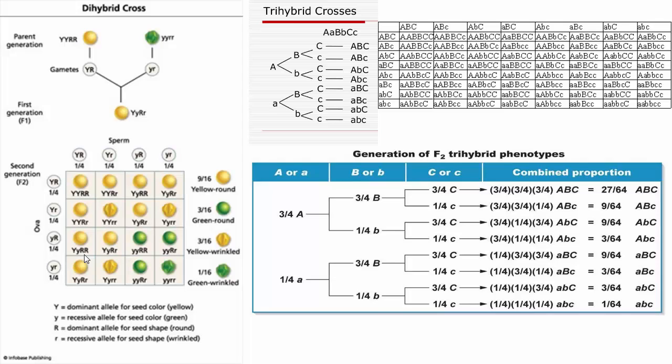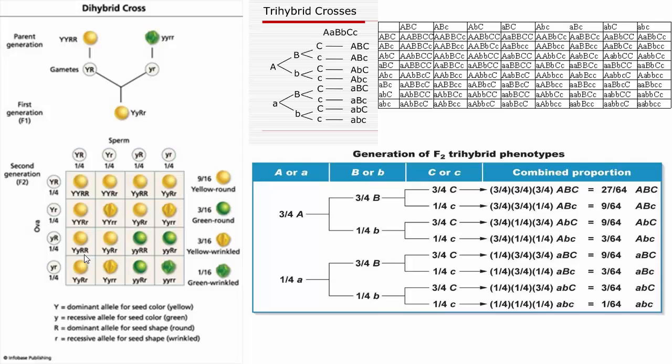So when you do the actual Punnett square for it, you have an 8 by 8 Punnett square with 64 possible offspring. It looks complicated, but really it's the same as the dihybrid cross. It's just with more boxes to fill in. Again, the possible gametes produced by a trihybrid are listed across the top and across the side. If we do the combination, you can see these are all the offspring possibilities. You could figure it out mathematically as well.